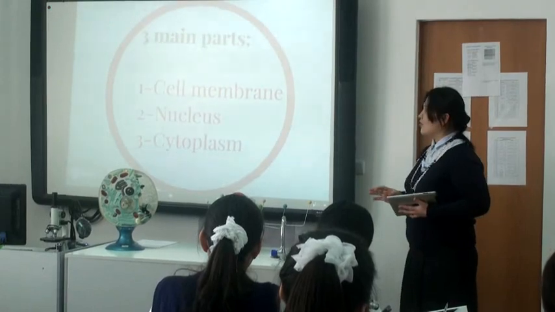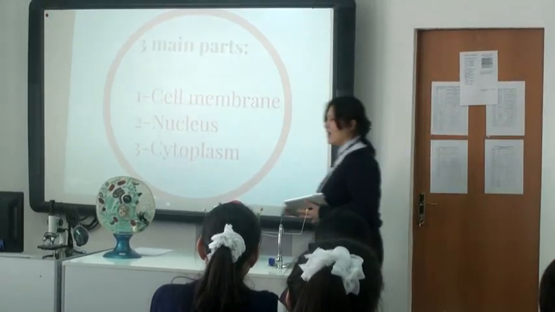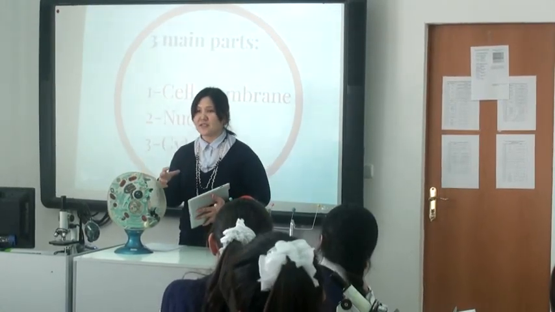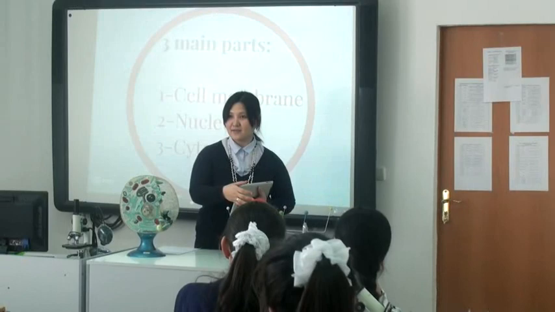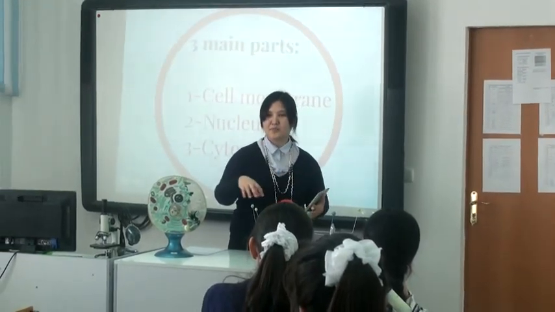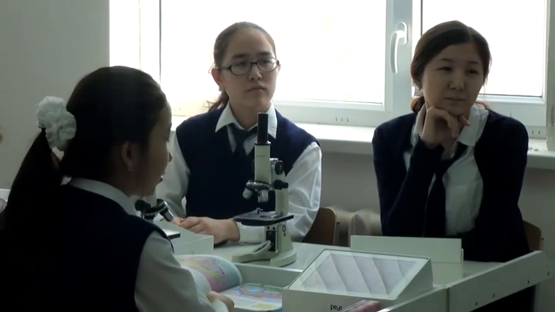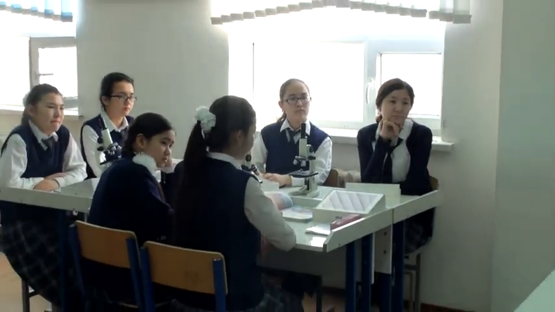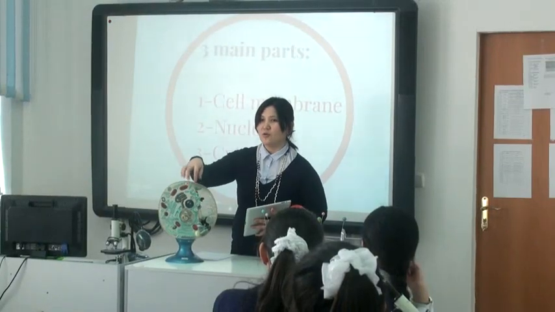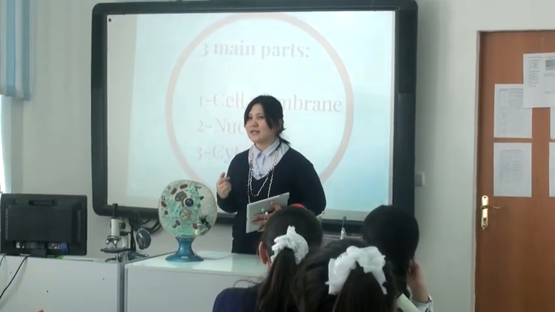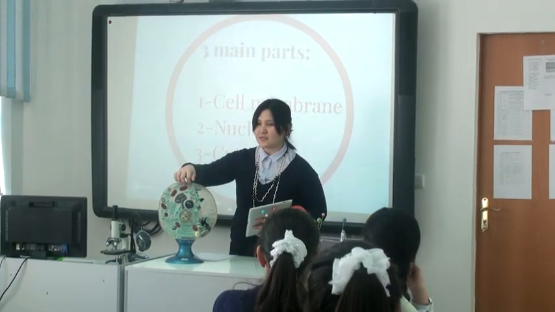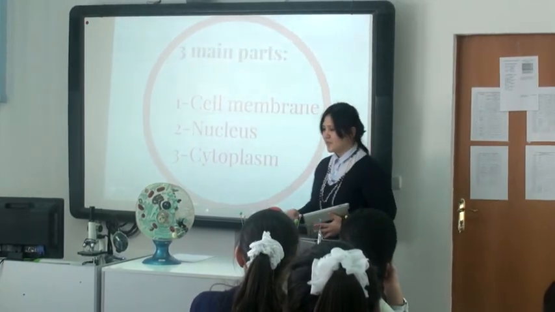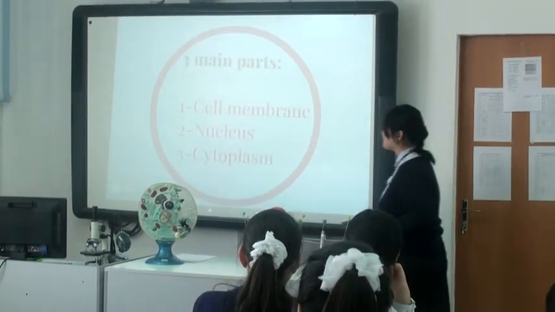These 3 main parts are called cell membrane. Okay, the coverage one, this one. Then nucleus. It is actually also similar to a sun. Yeah, all planets are depending on the sun by attracting, yeah, the gravity. Then the nucleus is also controlling all these other particles. All these other particles are called organelles. Okay? These organelles are depending on the nucleus. Then cytoplasm. So let's learn one by one.